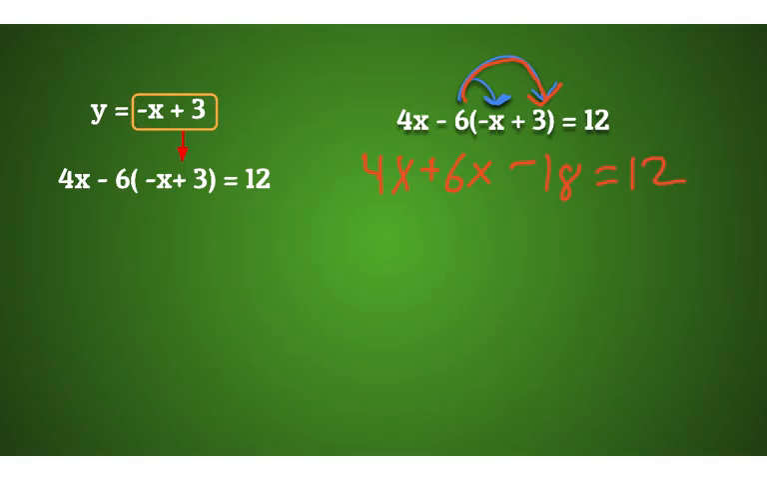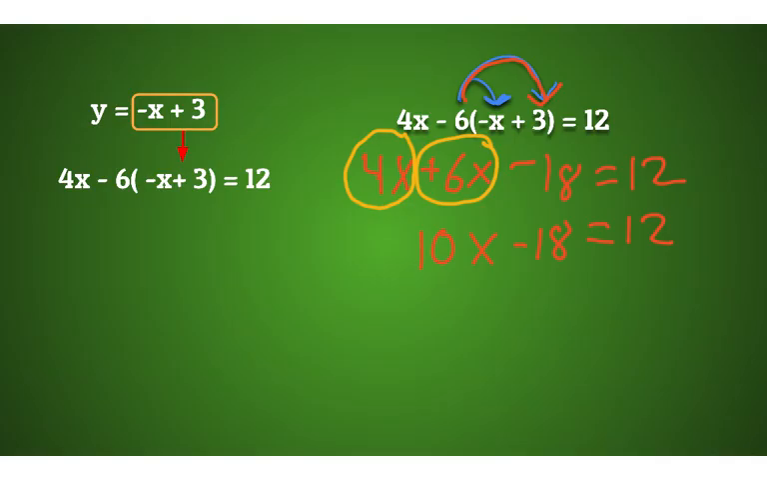Now, I notice that I have like terms on the same side of the equal sign. So I'm going to combine those. So that's 4x plus 6x. That's going to be 10x. And I'll bring down everything else. Every time I do a step, I want to bring down everything else. So now I'm stuck with